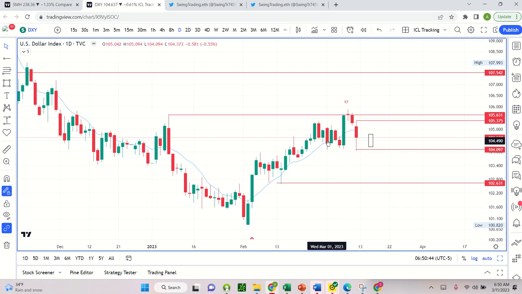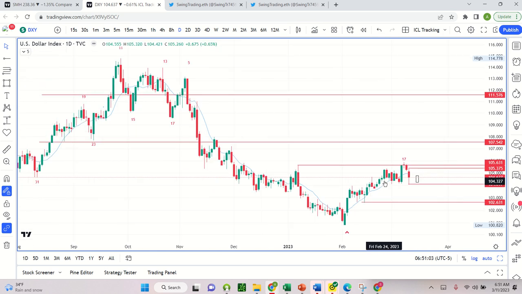104.123. And that's 104.094. Yeah, so that is your lowest low. So that could have been it. Like, it just made its daily cycle low, which the implication there would be that the next move for the dollar is higher, which would theoretically put pressure on equity markets and precious metals, of course. So that's the daily picture.